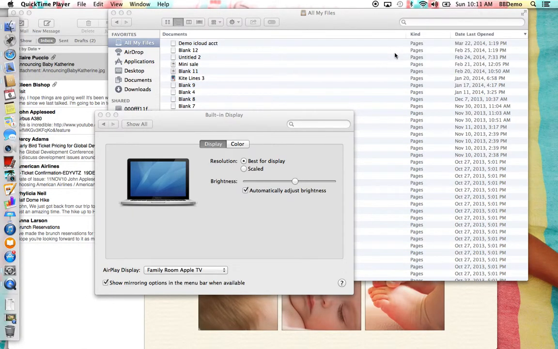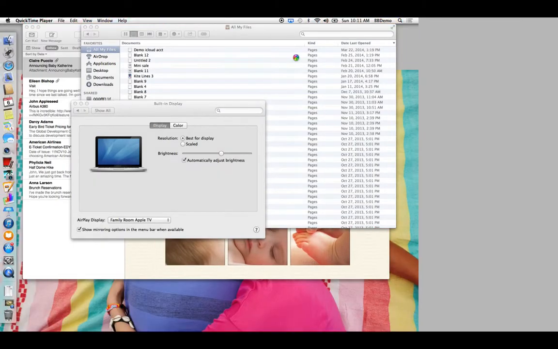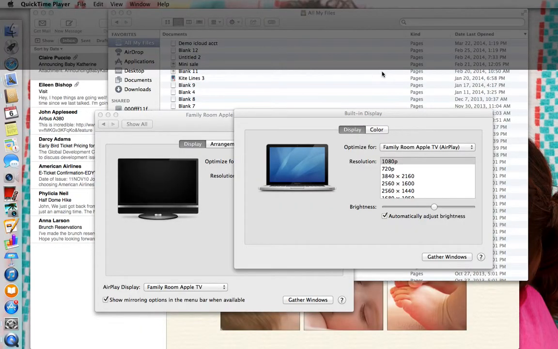AirPlay is back. Family room, Apple TV. Come on. Turn Apple TV off. Let me try watching something different. We'll watch satellite. See if that does it. Go back to Apple TV. All right, it's not gonna. So,